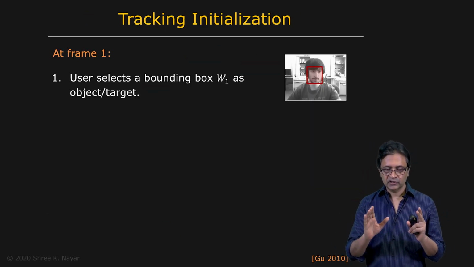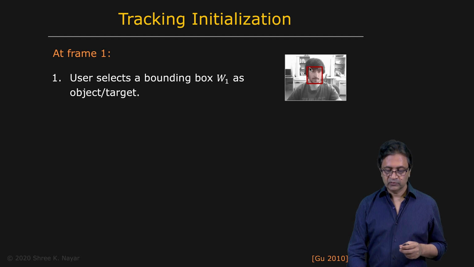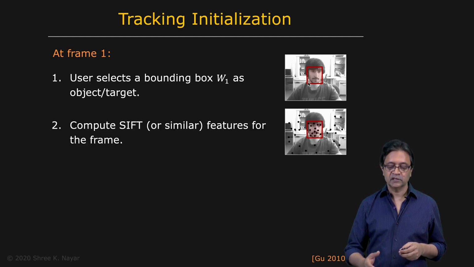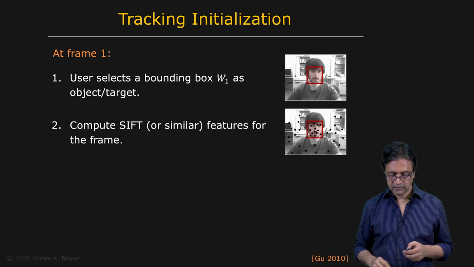We'll start with an initialization process, which is the model building. We're given a frame here, and in this frame, we have one way or the other defined the object of interest, the region of interest. And now we're going to apply SIFT to the image. We get all of these SIFT features. Remember, the SIFT feature also, for each one of them, there's a descriptor that goes with it.